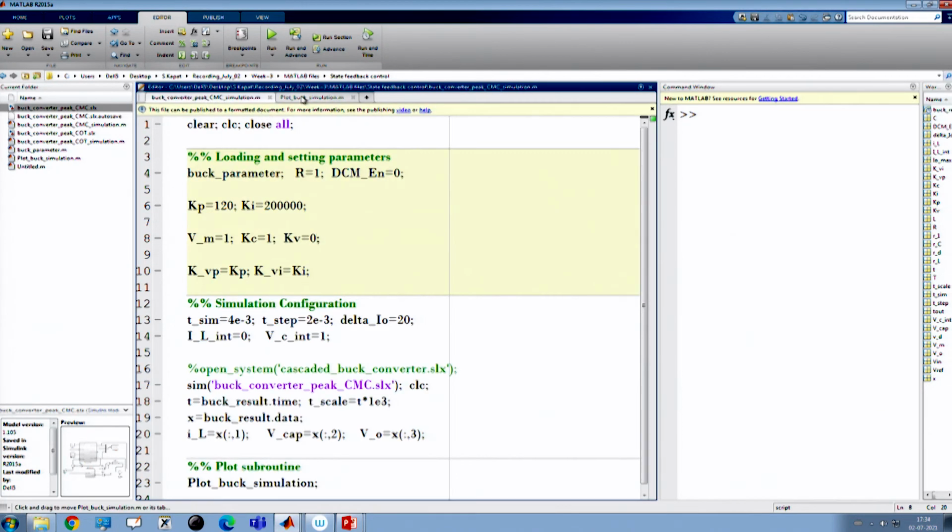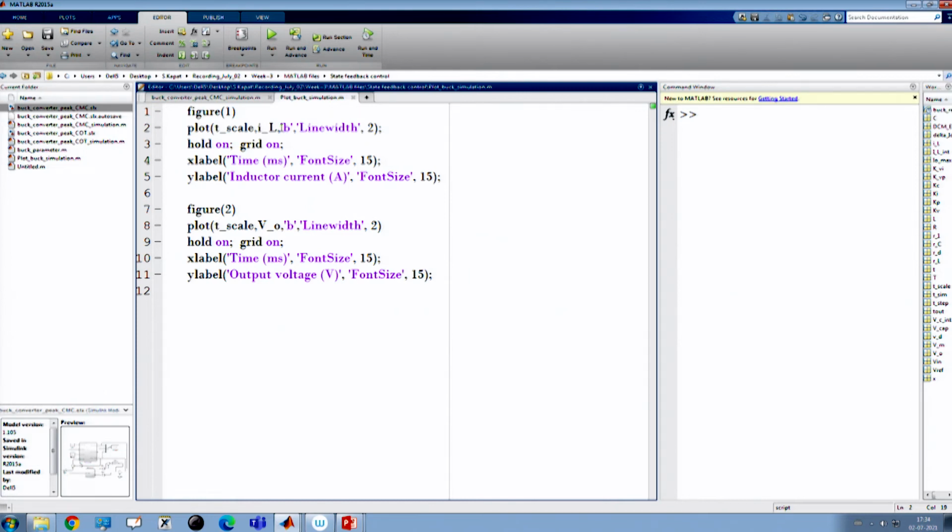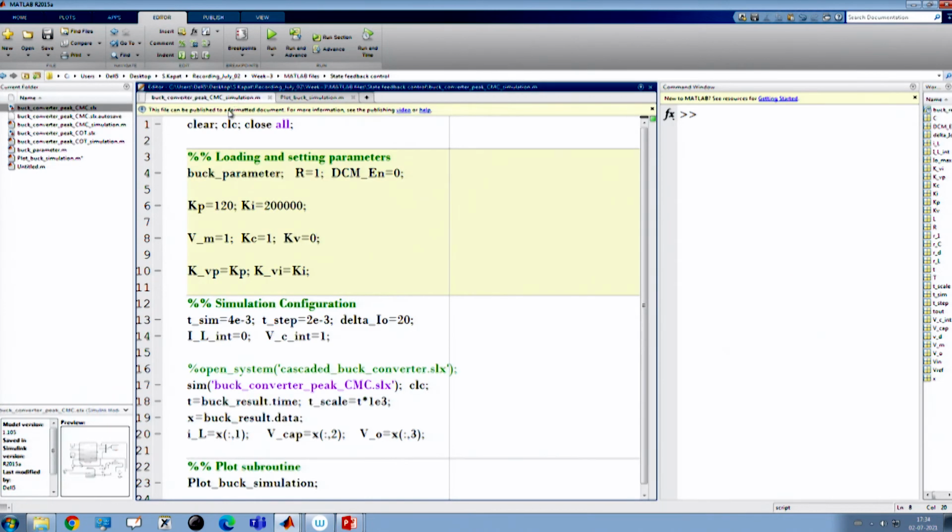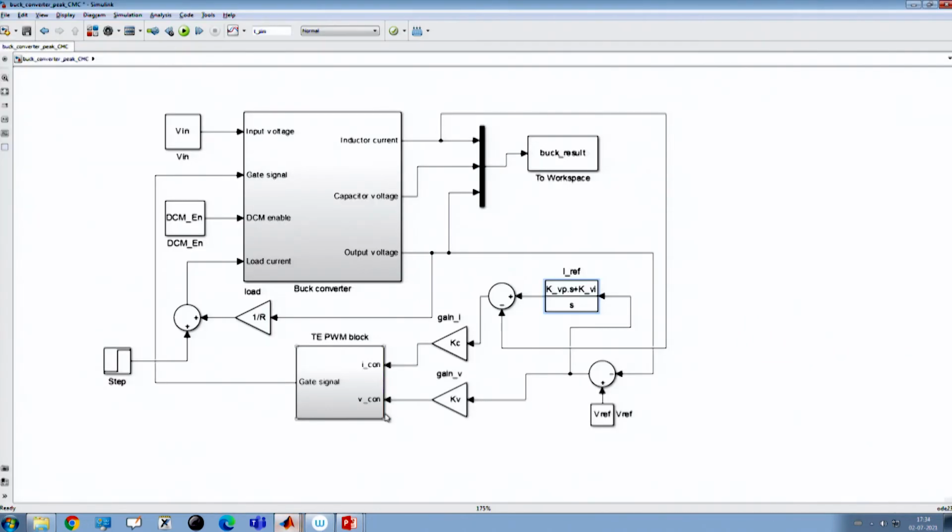Now, we want to compare this result with the same state feedback approach that we discussed, where we will take Kv to be Kp, and this to be 0, because in state feedback control, this will generate Iref, which is the integral of the error.